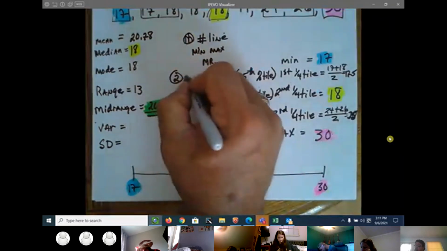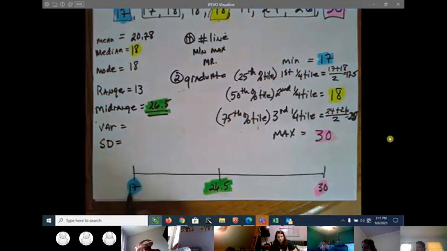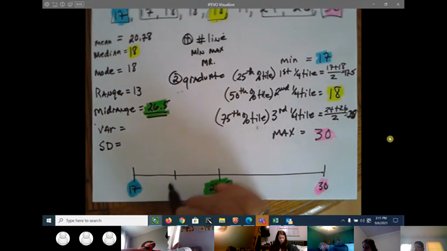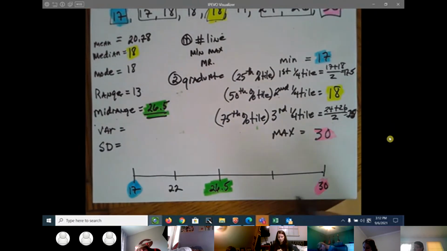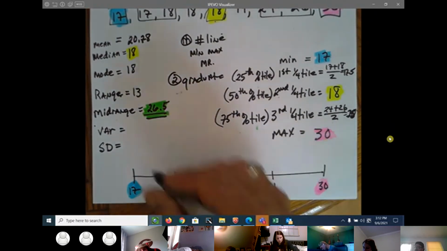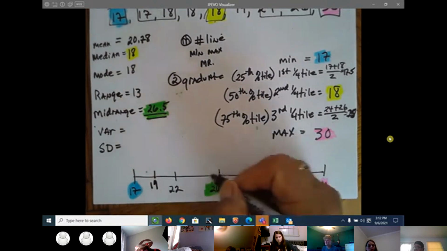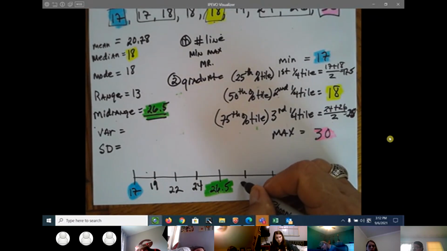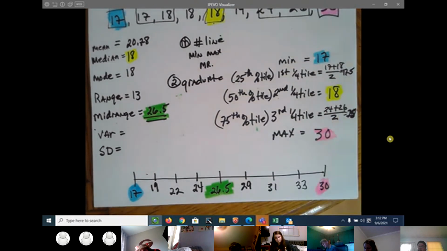Number two, graduate the number line. Well, 17 to 27 is 10, half of 10 is 5, so that's going to be 22. Half of 10 is 5, that's going to be 31. 17 to 22 is 5, half of 5 is 2, it's 19, 24, 27, or let's say 27 would be 29, and 33. I graduated it. And number 3,